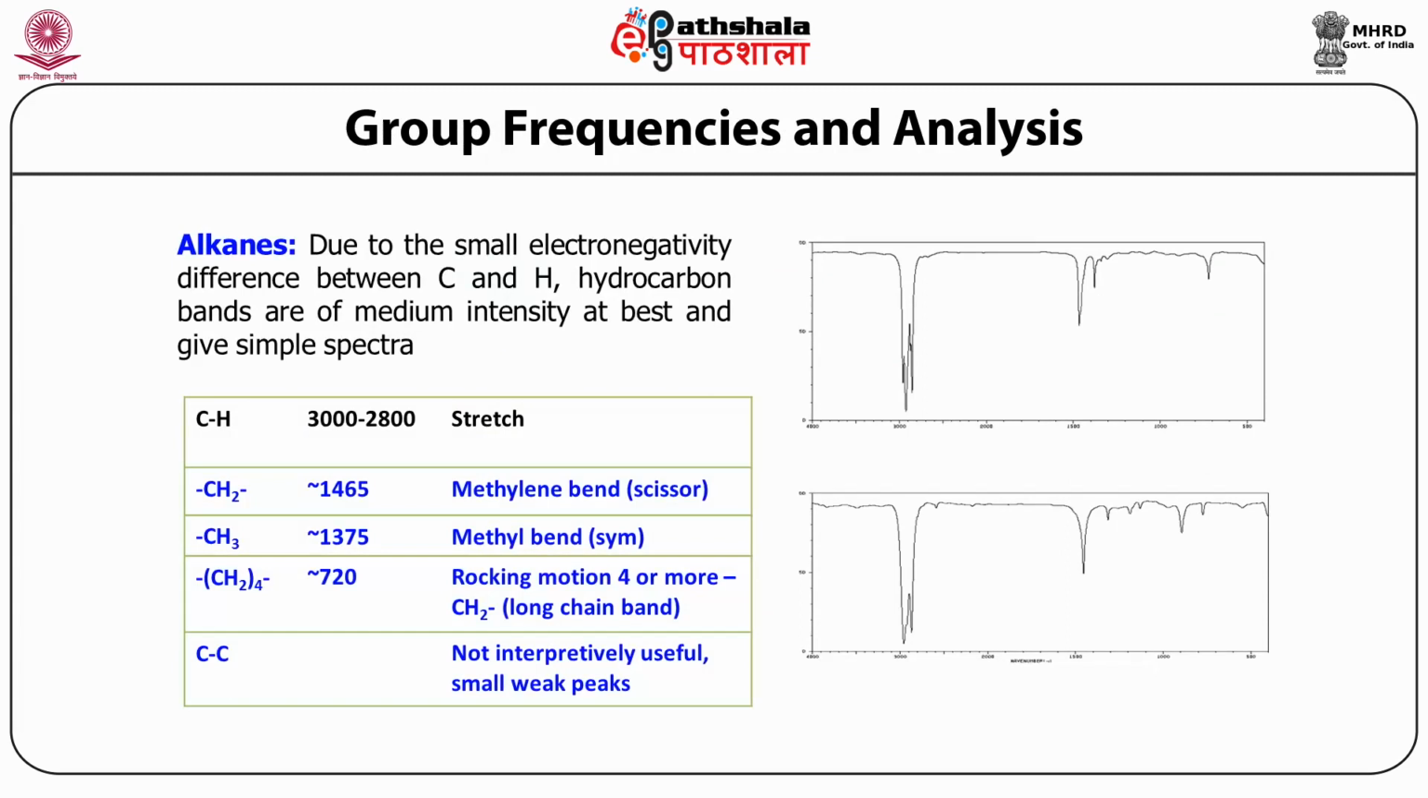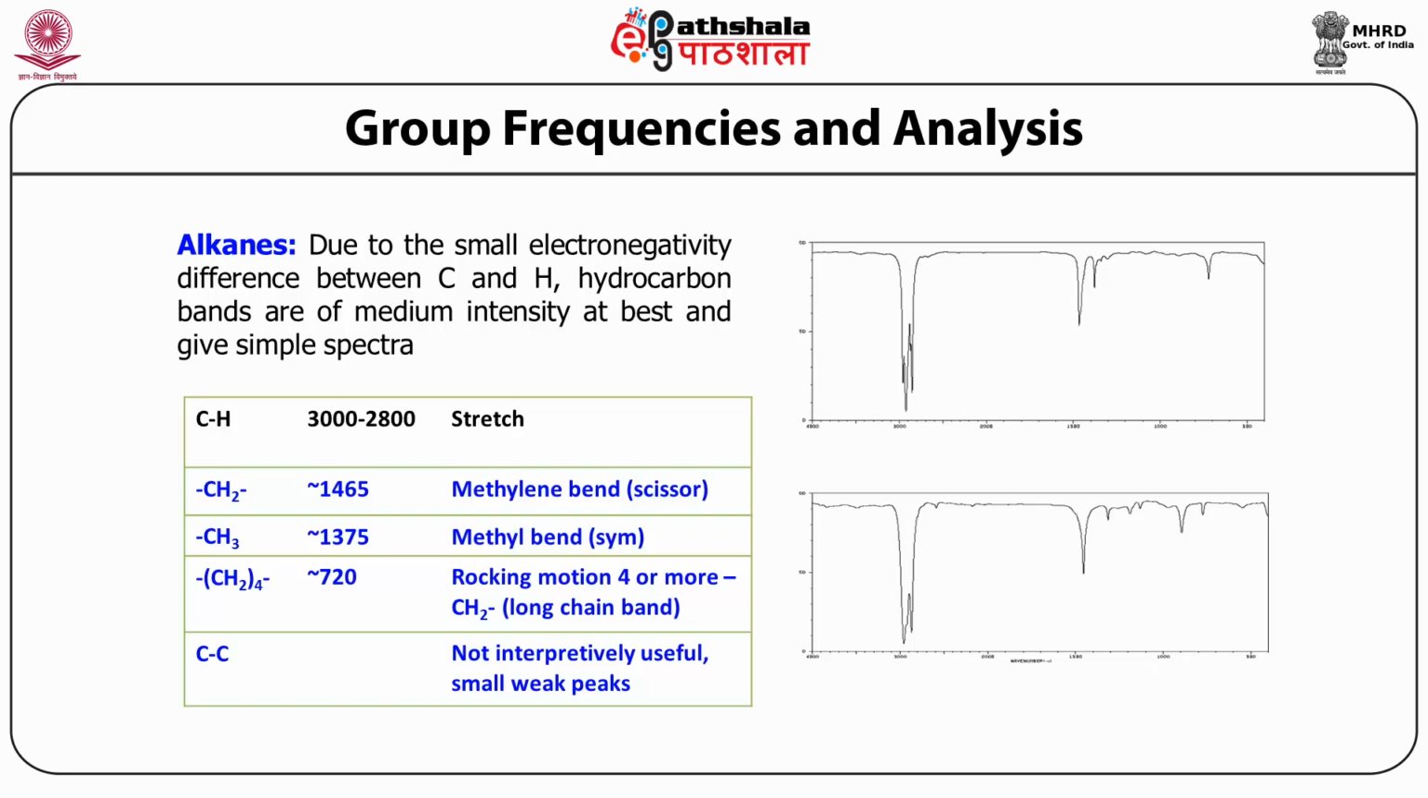You can see here the example of alkane, what kind of IR spectra we get for an alkane. Due to the small electronegativity difference between carbon and hydrogen, the hydrocarbon bonds are of medium intensity at best and give a simple spectrum. You can see the spectra of dodecane and cyclopentane, almost similar, and they give CH bond intensity